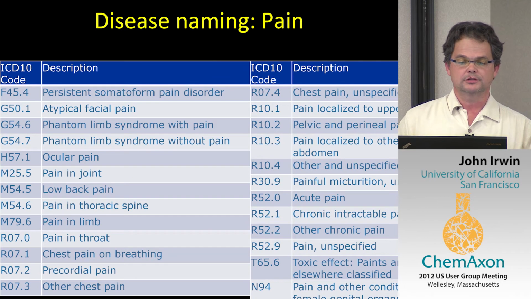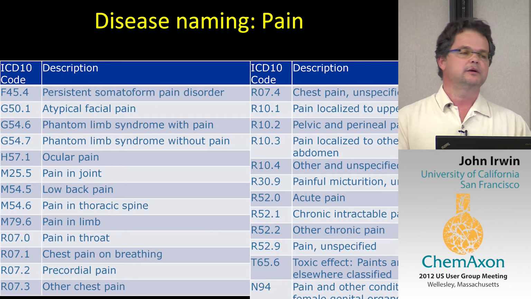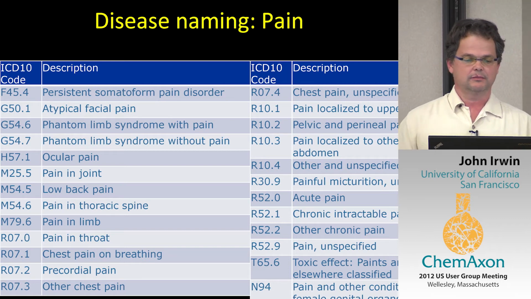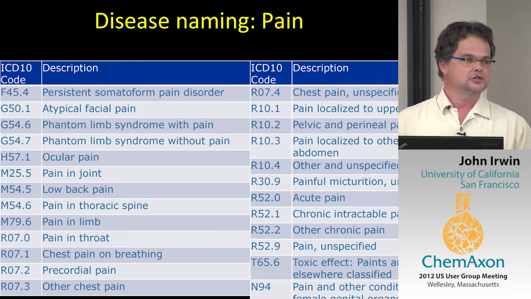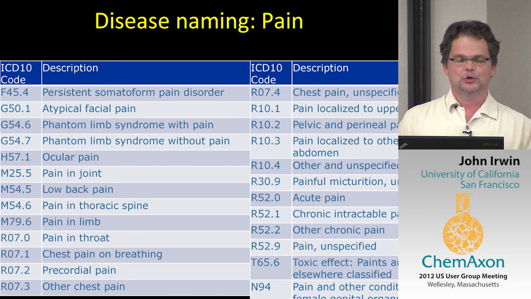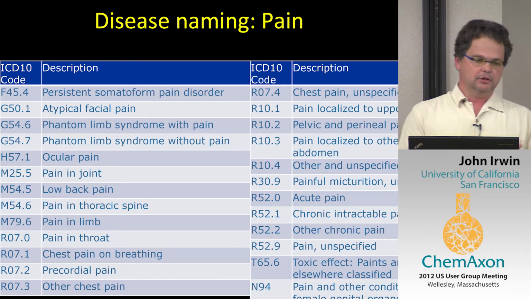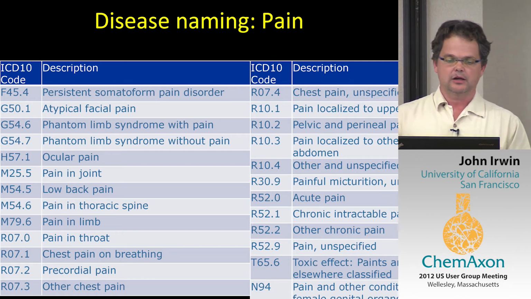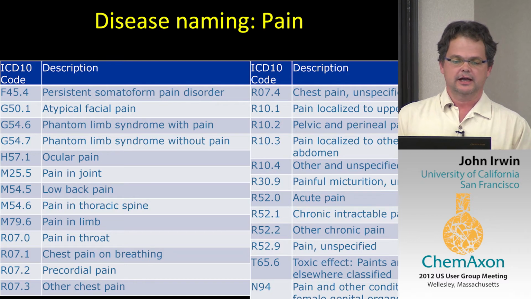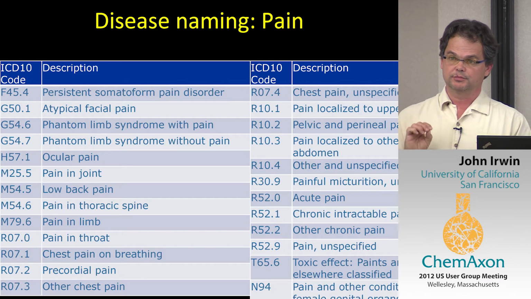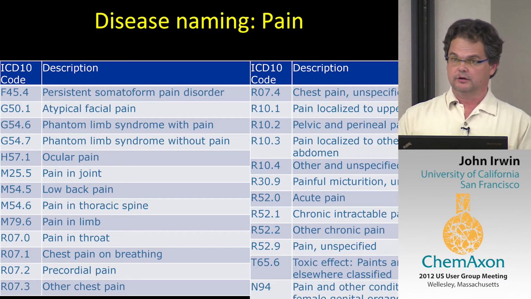So one of the problems, and there's too many problems to go over in a short talk, so I thought I'd give you just some of the outstanding problems. One of the problems is just simply the nomenclature of indications. On an FDA-approved label, there will be an indication saying pain or inflammation, things like that. When you go to the doctor and the doctor diagnoses you and gives you a treatment,